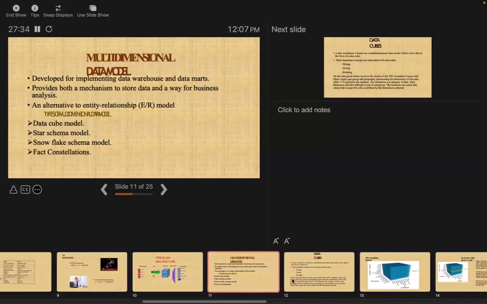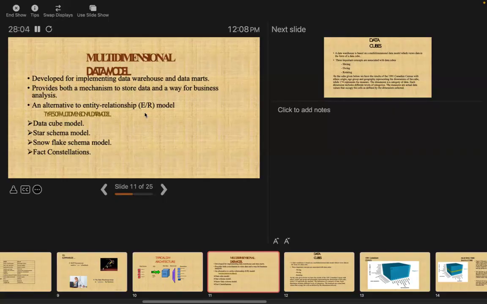Now, in case of data warehouse and more formally data mining also, we always try to focus on multi-dimensional data model, right? Multi-dimensional means what? We take more than one attribute at a time. More than one attribute means attributes like, in the case of